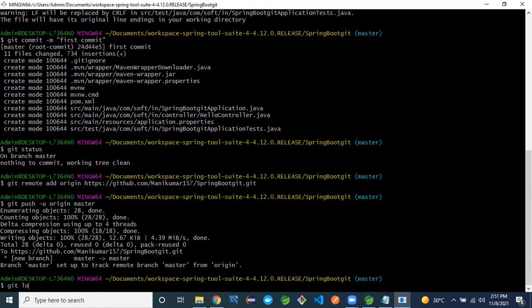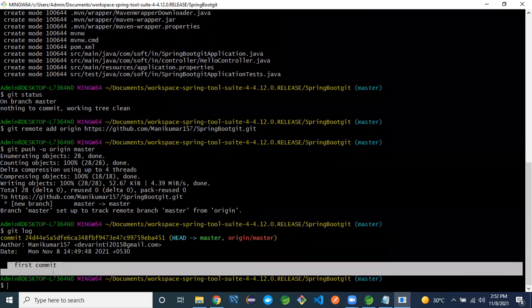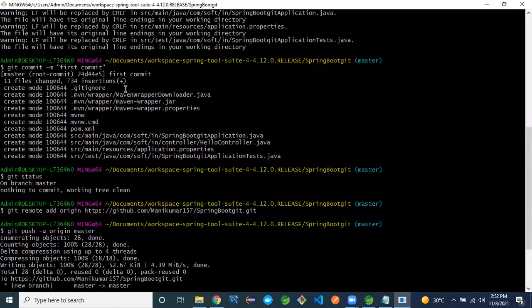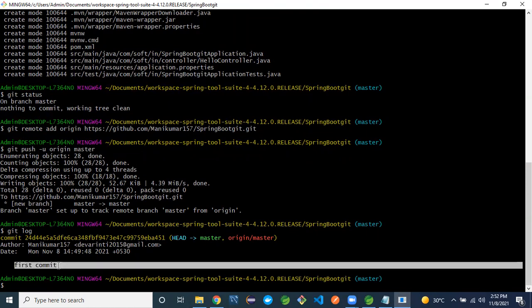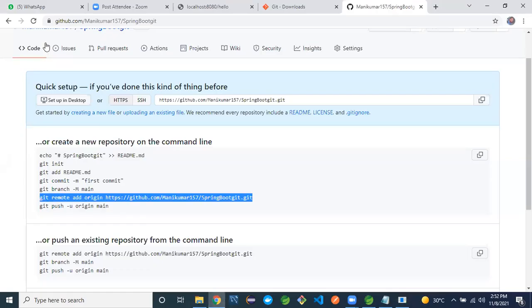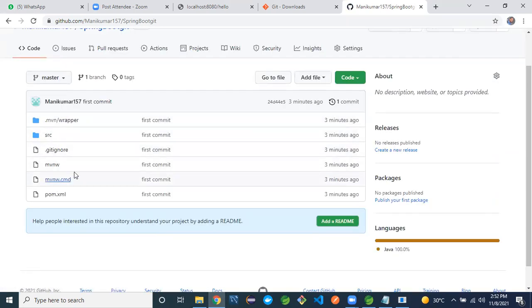Git log. See, first commit, the message I provided with git commit. It is committed. We are pushing to the master branch. Go to GitHub and refresh here. See, the code is available here, 3 minutes ago.